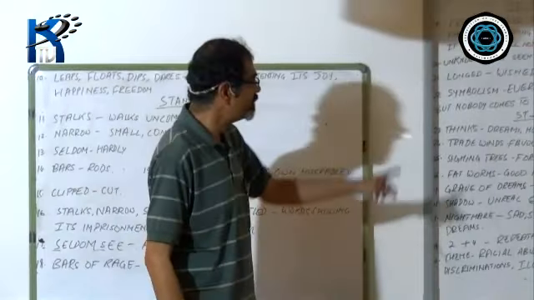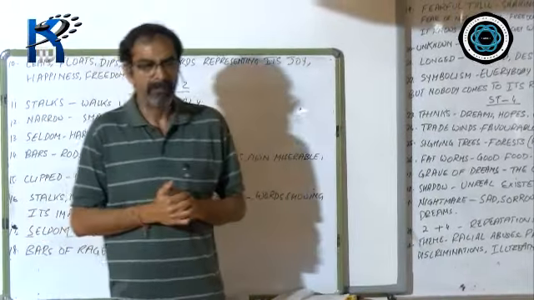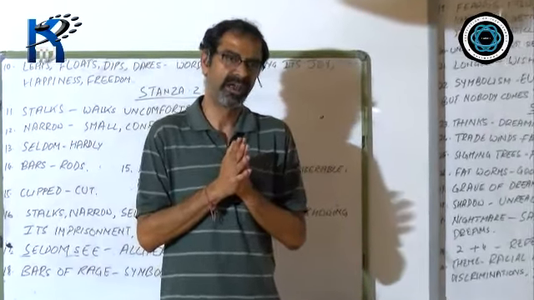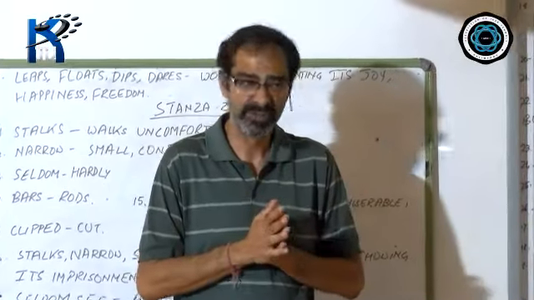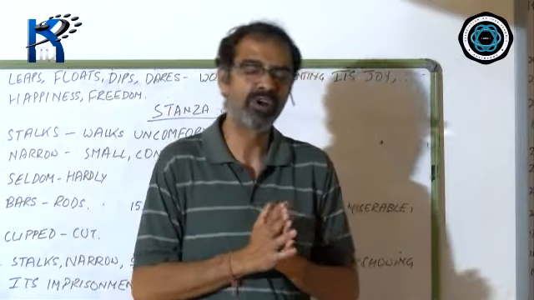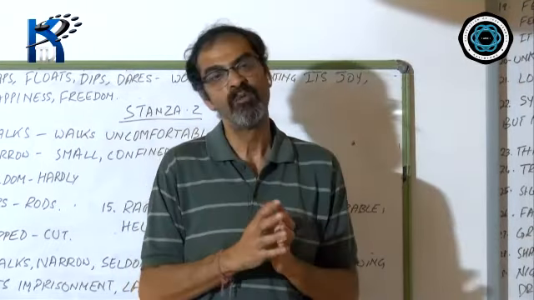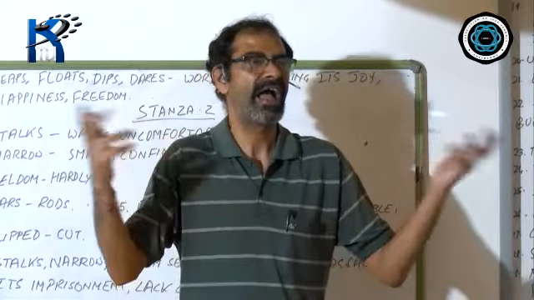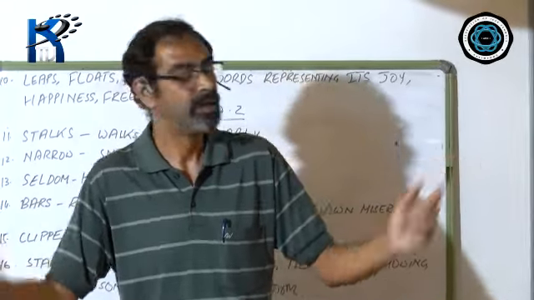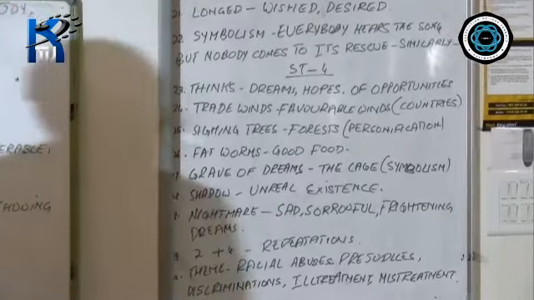Now I repeat, in stanza 4, what is happening? The poet is giving us a picture of what the free bird has the freedom to think. It can think of going to another country. It can think of waiting for another favorable breeze. It can think of going to any forest anywhere in the world. It can think of eating, picking and choosing whatever it wants to eat, and it can think of considering the sky to be his home. Please note, this entire fourth stanza is basically symbolic.